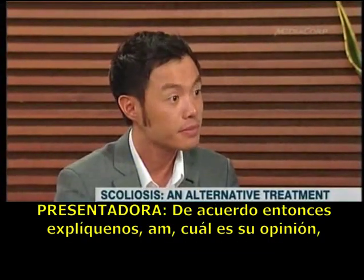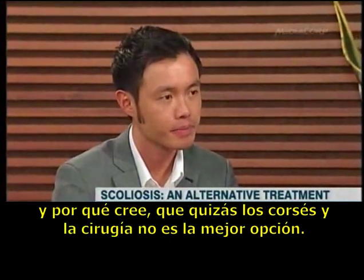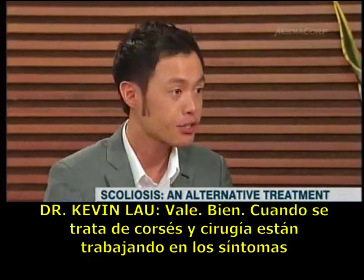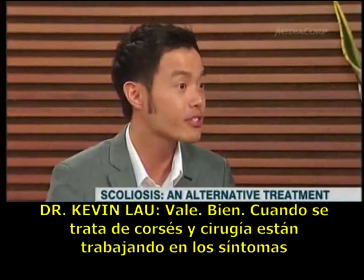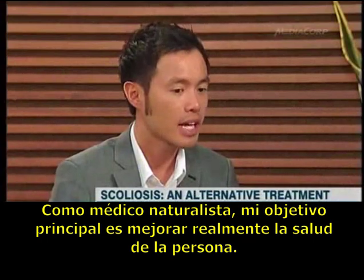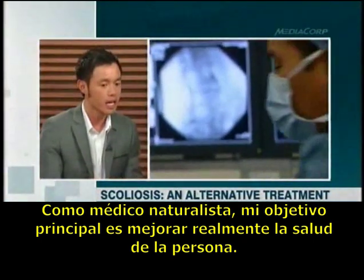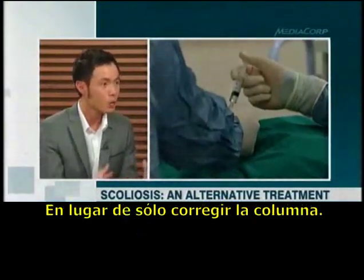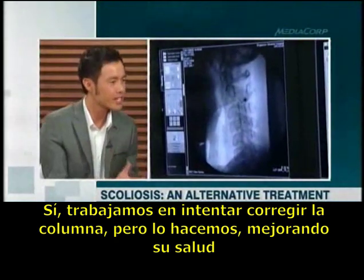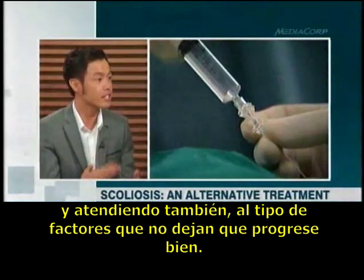Explain to us what your belief is and why you think perhaps braces and surgery is not the best option. Well, when you look at bracing and surgery, it's really working on the symptom of the deformity rather than the disease of scoliosis. As a natural-orientated practitioner, my main goal is really just to improve the health of the person rather than just correcting the spine. So we do work on trying to correct the spine, but we do so by promoting their health and also looking at what sort of factors are